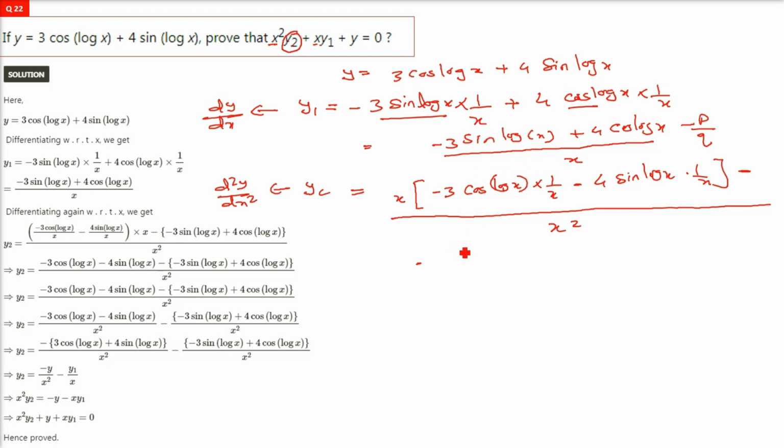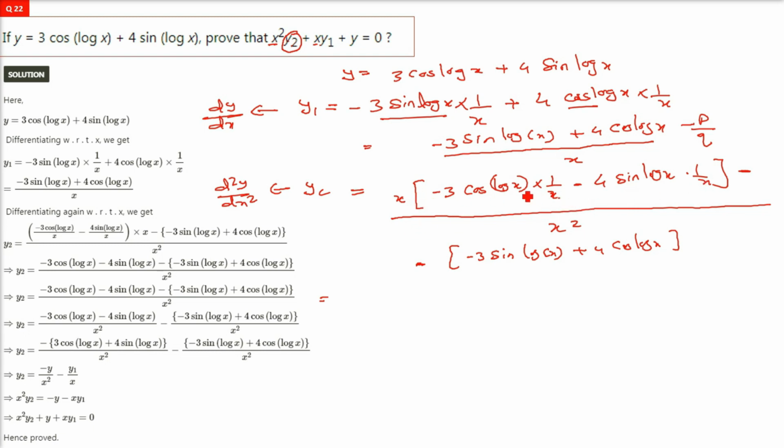Okay, now the second part is, just assume that x square is in the denominator. So we write this content, because we are following the quotient rule: minus 3 sin log x plus 4 cos log x. Differentiation of x will be 1 only, and as I said, because of the lack of space, x square is in the denominator already. So this we already have, because y and y1 we have already computed. So I am taking negative outside for the first term. When we multiplied x, 1 by x and 1 by x already disappeared, and then we have this